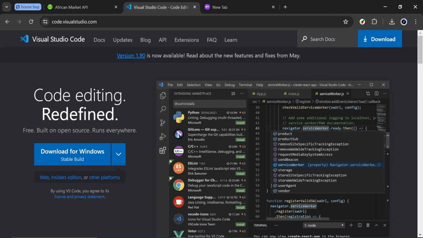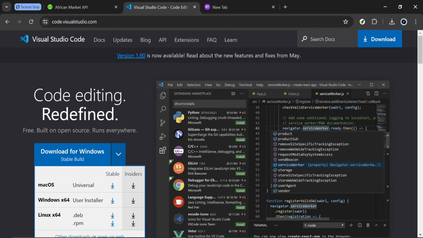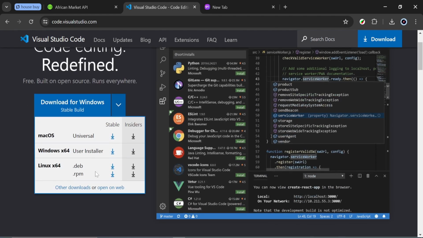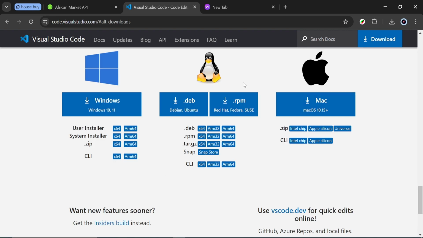This is the Visual Studio Code website. It's not VS Studio Code, it's Visual Studio Code, for short VS Code, and that's why we call it VS Code. But this is their website, and as you can see, you can easily download it for any operating system. I'm using Windows, so if I click on this download for Windows, it will download, but I already have it installed, so I'm not going to do that. Whatever operating system you have, you can download for Mac, Windows, Linux. They have other downloads that you can use. So yeah, Visual Studio Code, just get it, download it, install it,